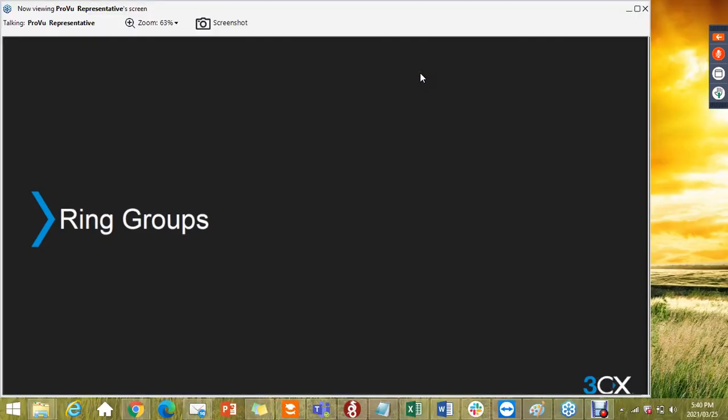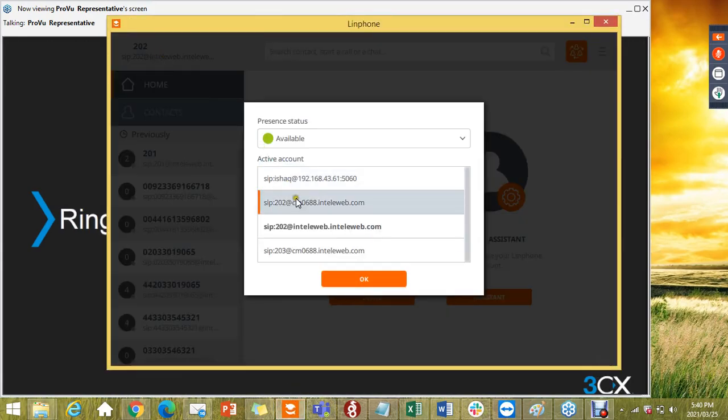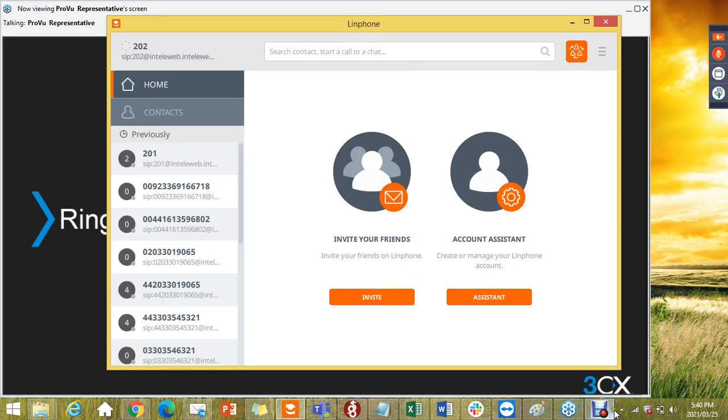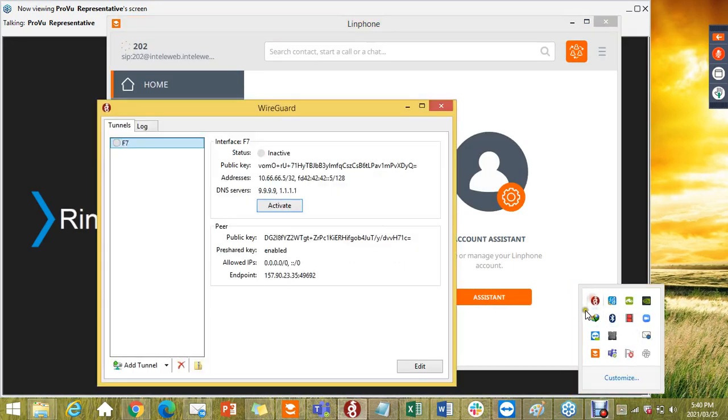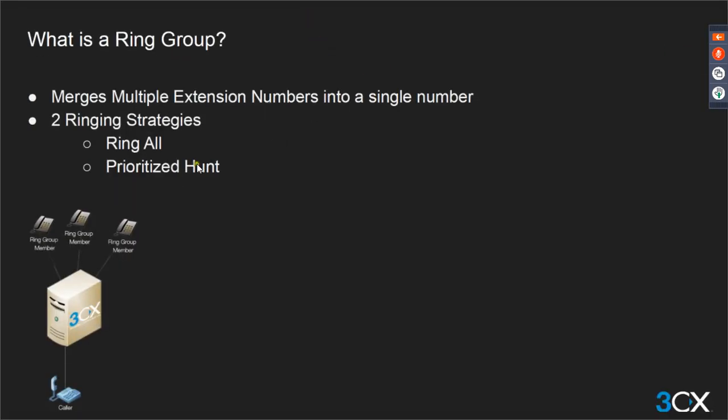This is probably the most commonly used scenario when you are actually selling the PBX, and it's probably one of the easiest to set up apart from the queues, because of course queues can get very complicated depending on what the customer wants and how the customer wants to handle the calls. Okay, so ring groups. Let's first talk about what it is. A ring group effectively